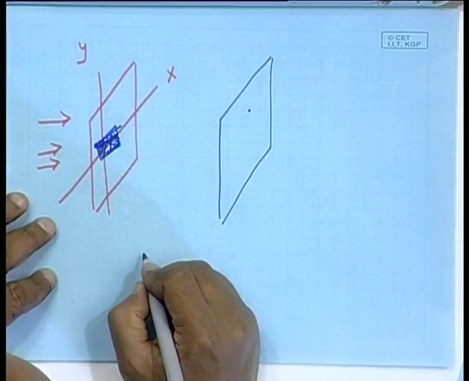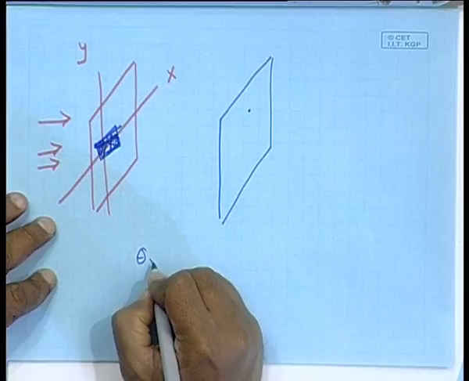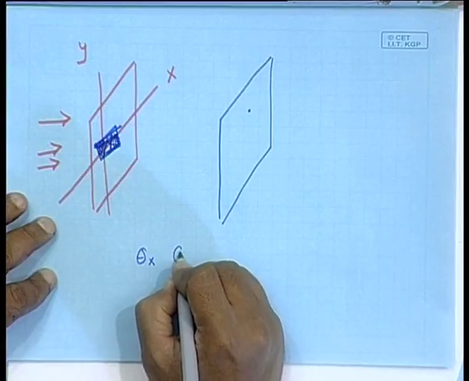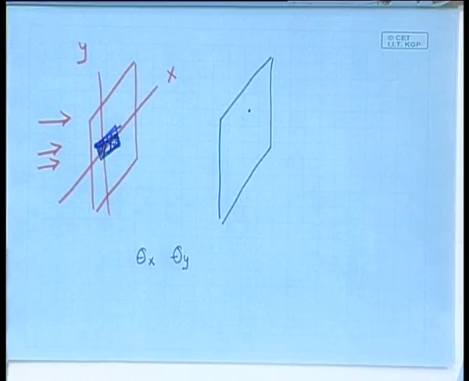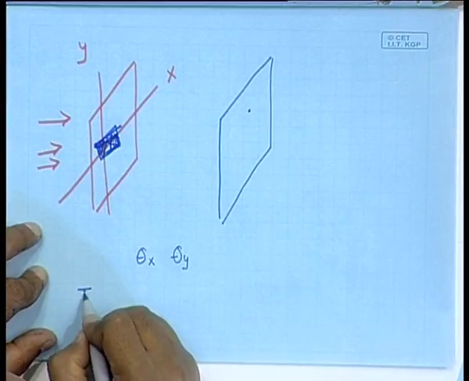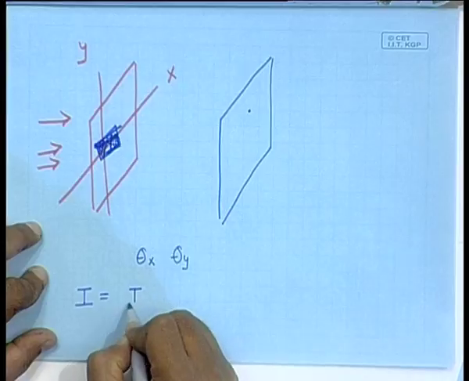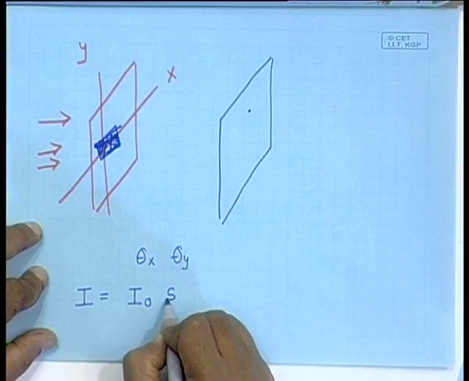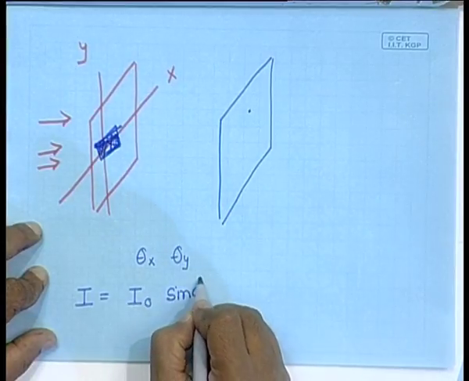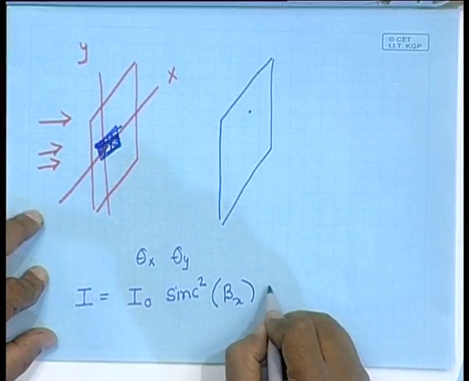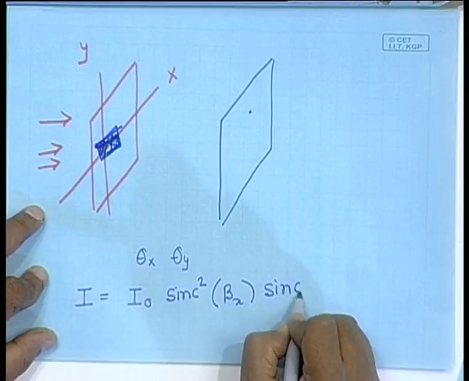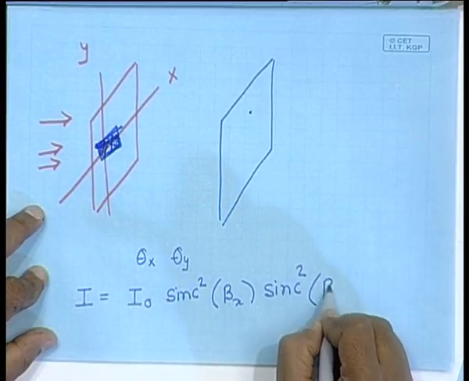So, now there will be two angles, theta x and theta y, and the intensity pattern can now be written as I naught sin square beta x sin square beta y,